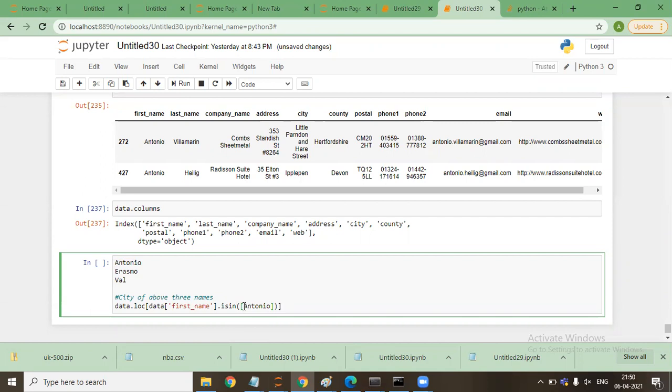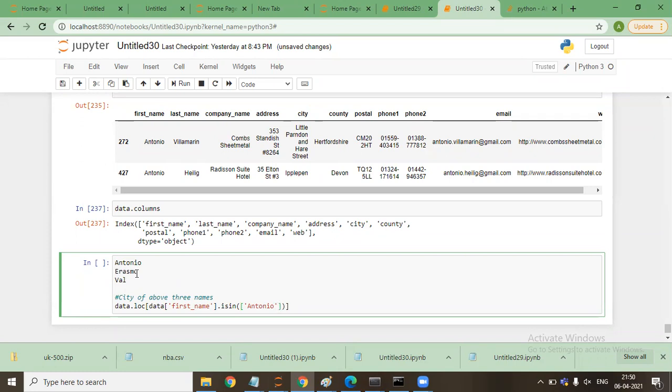So we can write data first name equals to Antonio or Erasmo or Val. Yeah, that will be a bigger statement. Every time we need to specify data dot first name is equal to Antonio, then again or data dot first name equal to Erasmo.